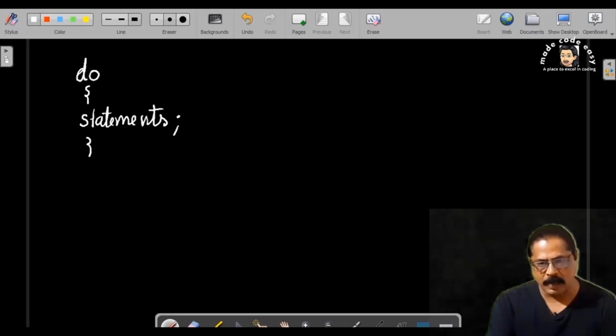Semicolon, curly bracket close, while condition.